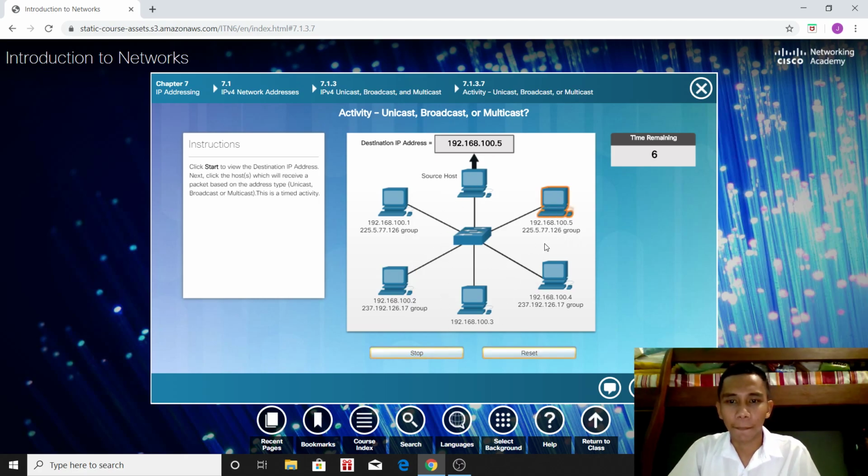5.5. So 6.5. Then you successfully identified the transmission type. The last one,